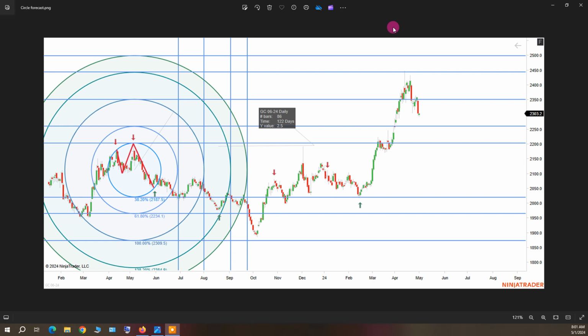In this video, I'm going to take this Fibonacci circle tool built into NinjaTrader and use it to make some price and time projections. So it's really simple. What I do, in this case, I'm taking the smallest circle, or the 38.2. You can see the fib numbers give you the 61.8, then the 100%. This is your measured circle